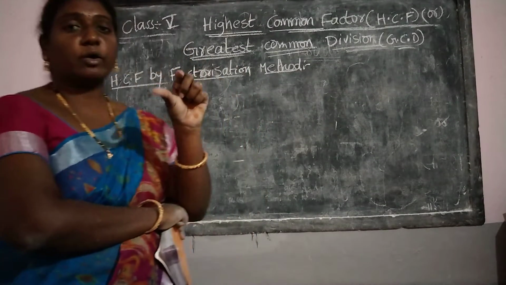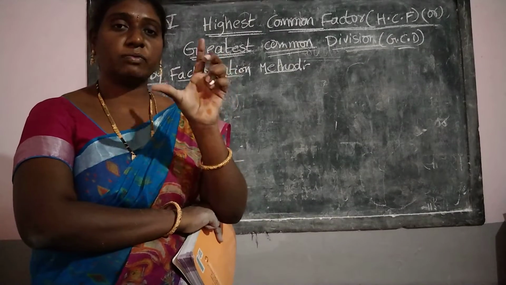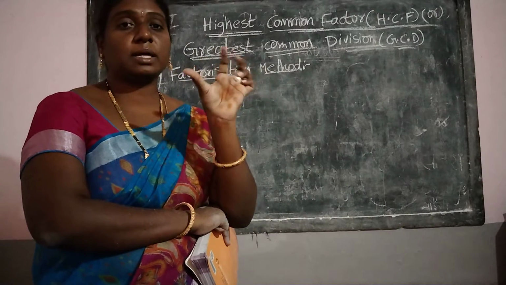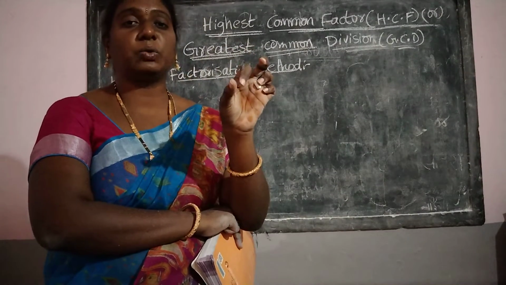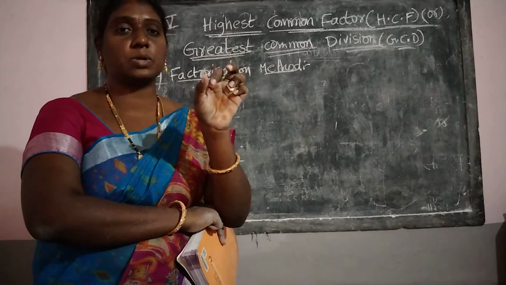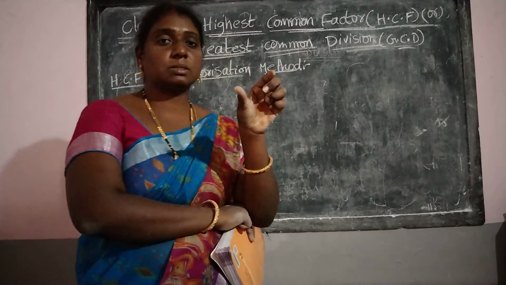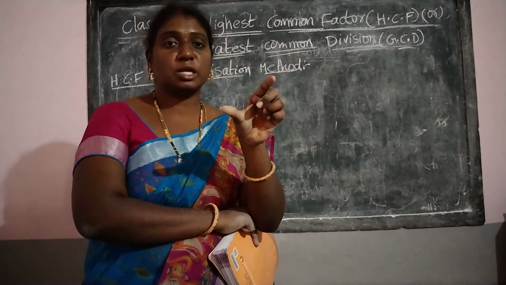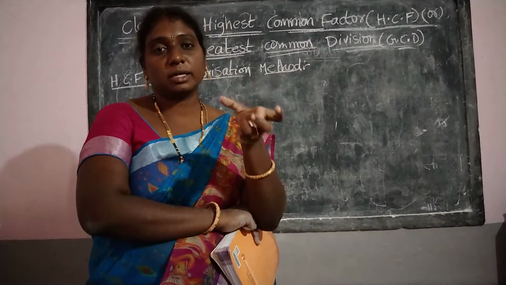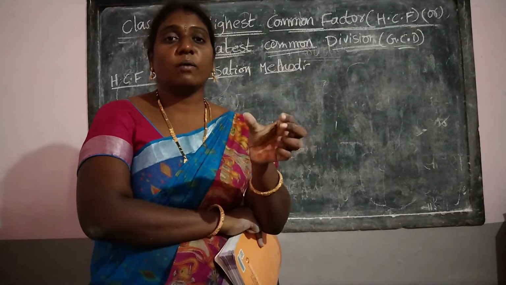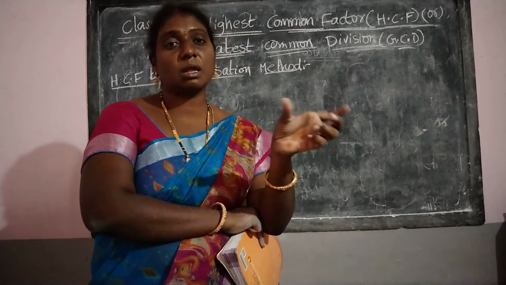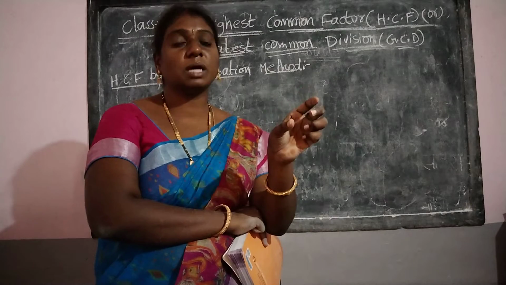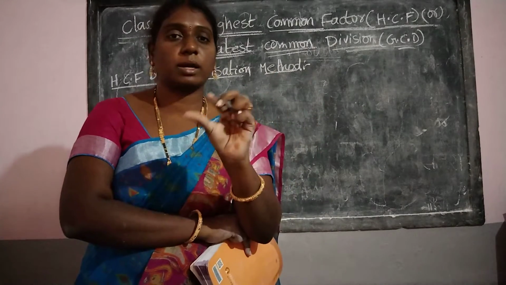Suppose we take any two numbers, we have to find the factors of the two numbers, and the highest common factor of the given two numbers is called the HCF for those two numbers. We first find the common factors, and after that find the highest of them, the biggest factor, which is the highest common factor of the given numbers.